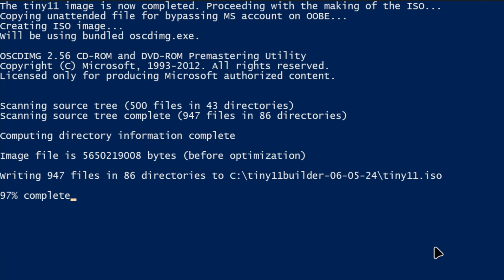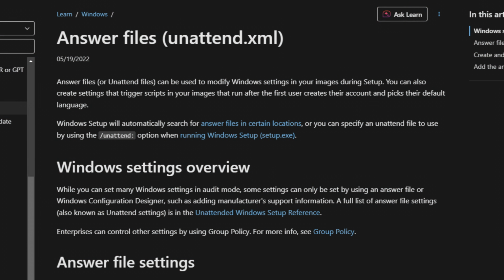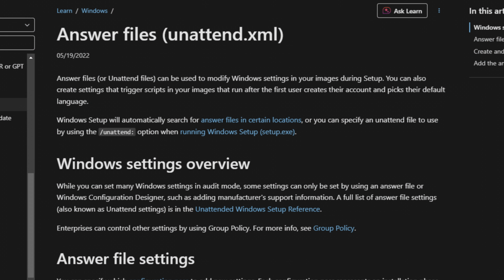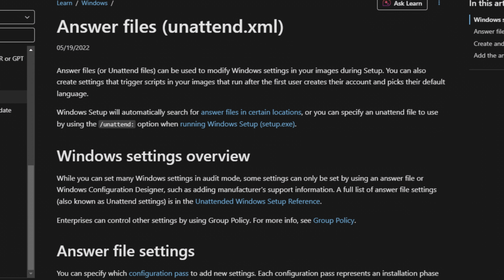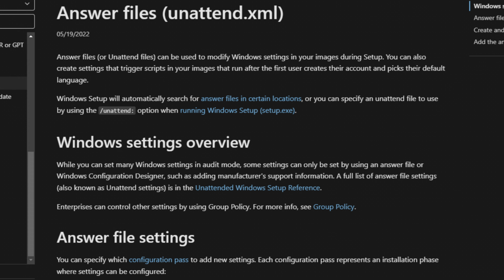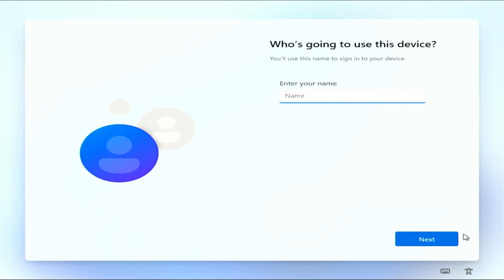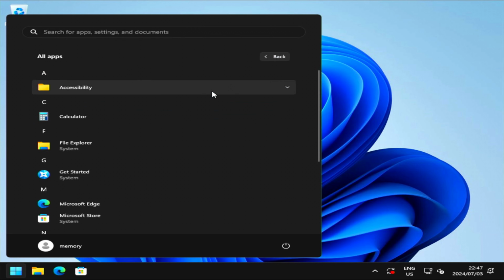When you're done, you can save the changes back to the image and then create a new ISO file. That's basically how all these Windows customizations work under the hood. Now, there's another approach called answer files. Instead of changing the Windows image itself, you create an XML file that tells Windows how to configure itself during installation. This can skip setup screens, create user accounts, configure privacy settings, and even uninstall some of the software that's